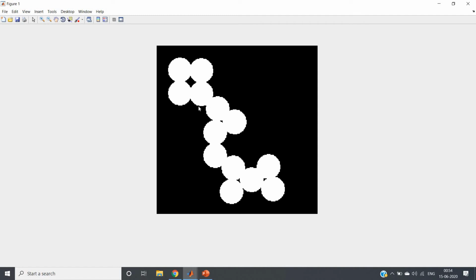You can clearly understand this is a binary image because there are only two intensity levels, either 255 or 0, that is, black or white. You can clearly see there are some gaps in between, like here, here, here. You want to fill these gaps, so you can apply the image closing concept.